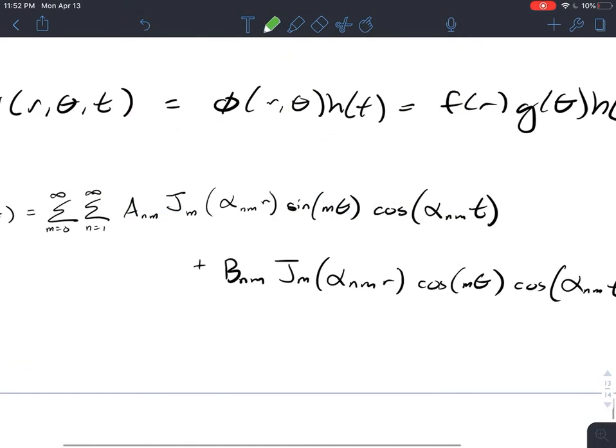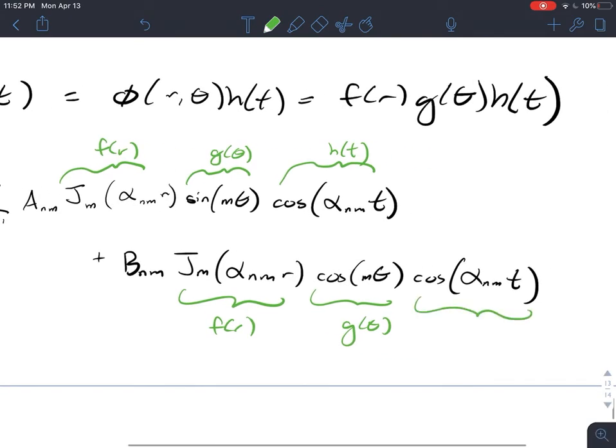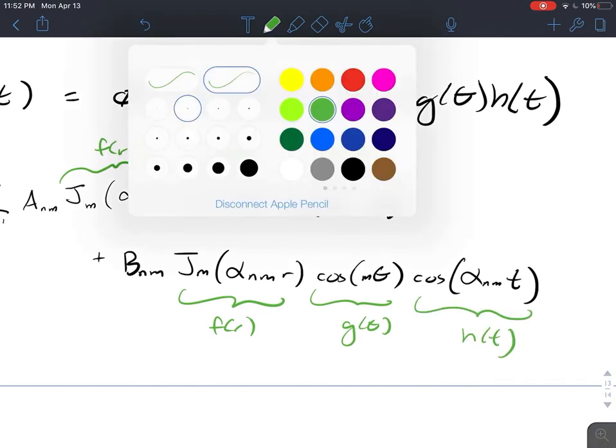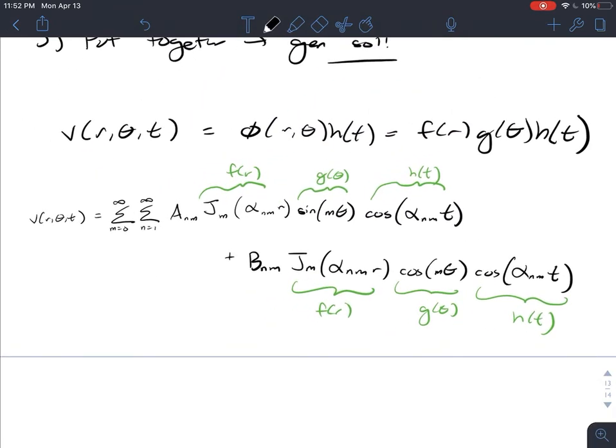Right, so I'll quickly annotate everything so it's nice and clear. This corresponds to f of r, this corresponds to g of theta, and this corresponds to h of time. Same sort of thing down here: f of r, g of theta, h of time. Great. So the question that may arise now is, why am I consolidating everything into two summations